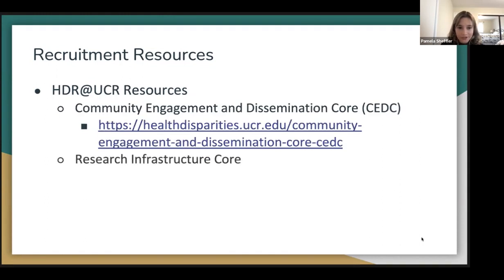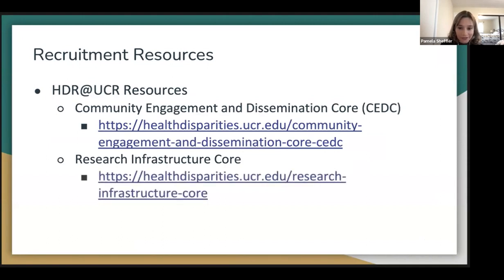Also, the research infrastructure core, that's us. So once you have your study in mind, you have a community that you're connected with, we are here to help you design your study. So please see us earlier rather than later. Do not wait until the IRB is already approved and you've already collected the data. I mean, that's fine too if you need help with analysis, but we would really prefer if you reached out to us early on